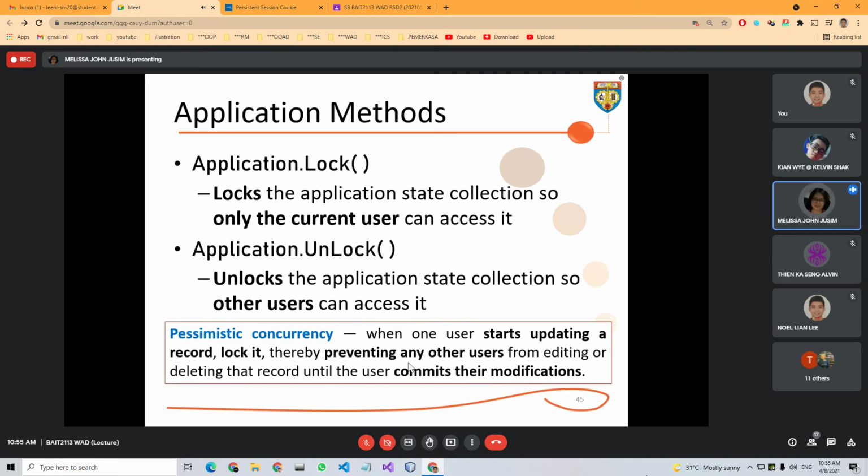So when one user is updating a record, we should lock it. Then we will prevent other users from editing at the same time, until the first user has committed the modification.